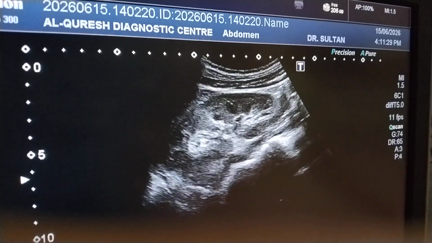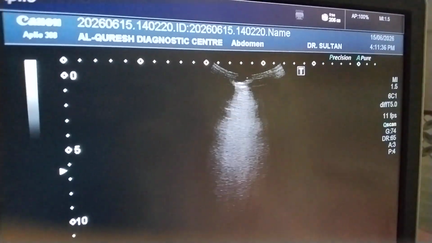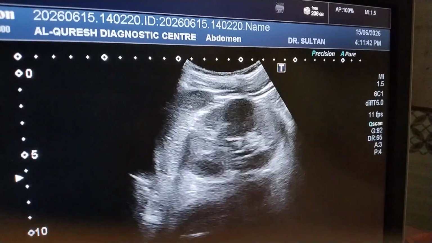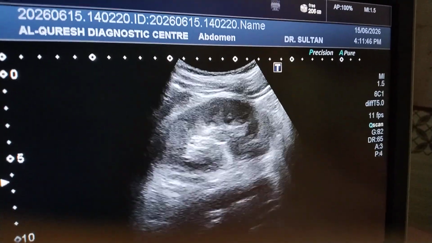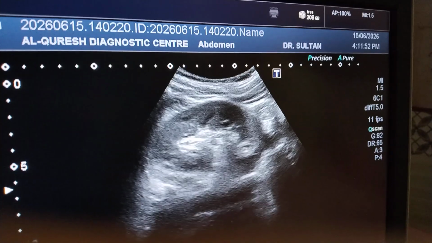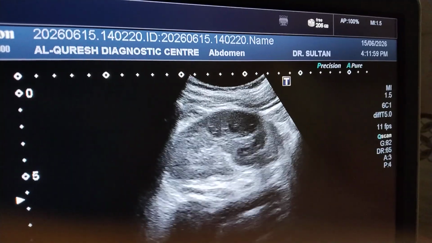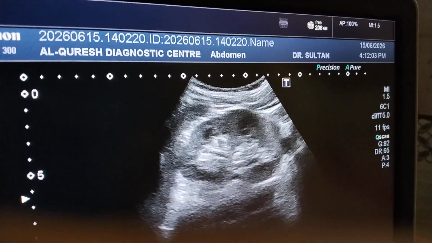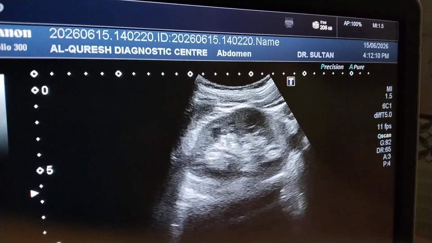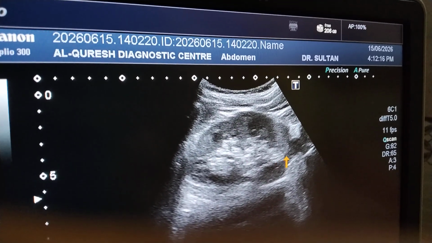So now I'm going to scan the left kidney. Now you see that this is the left kidney, the patient is in the left lateral decubitus position. The left kidney is rather difficult to scan because it is under the ribs. But still, if you are expert in scanning and probe handling, then you can easily see this as well. Here too we can see, this is the upper pole, this is the lower pole,